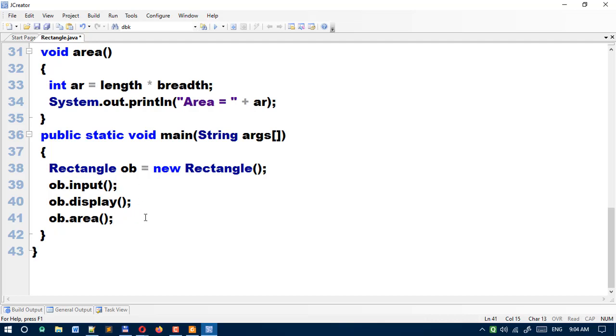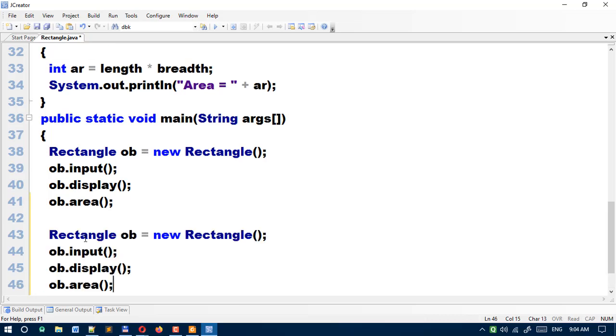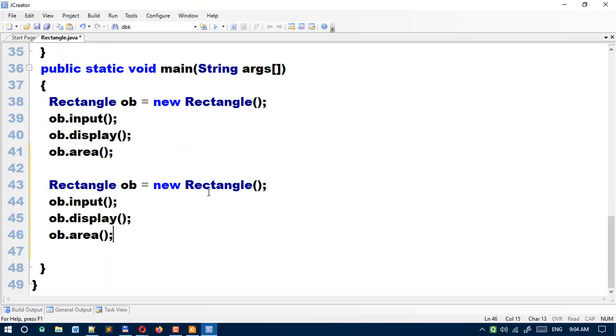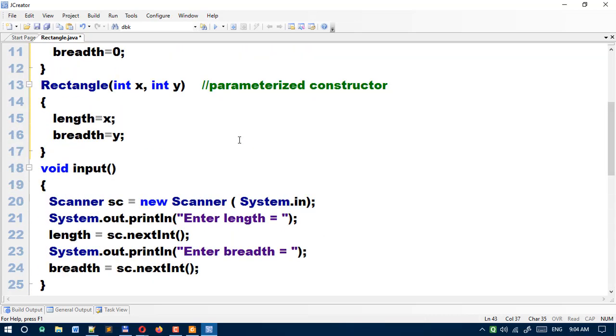Okay. In another line you can see I have added something more. Now you see the difference between them. No need to call input here. Yeah, here some values also we have passed. See how it is going to happen.